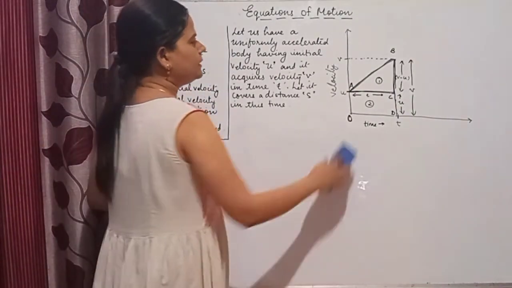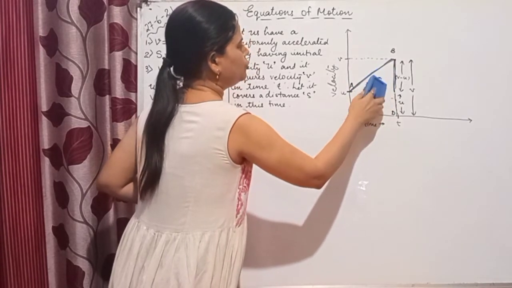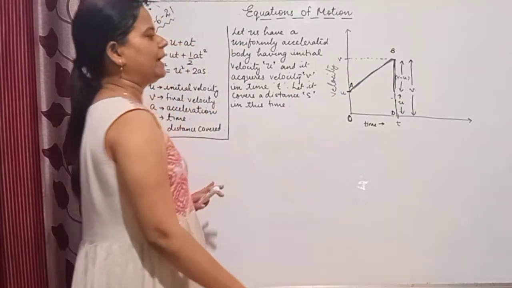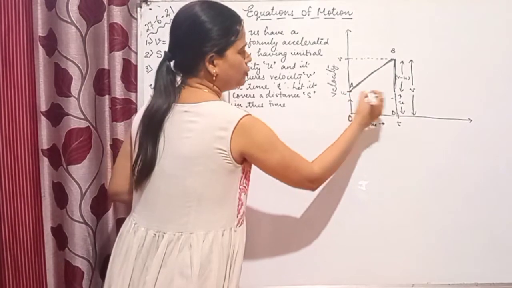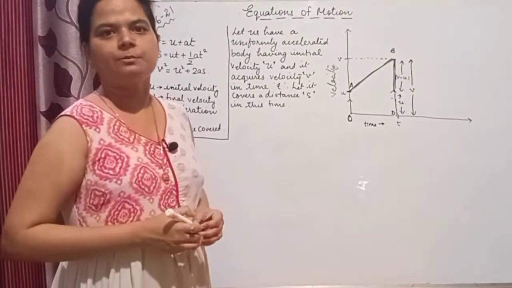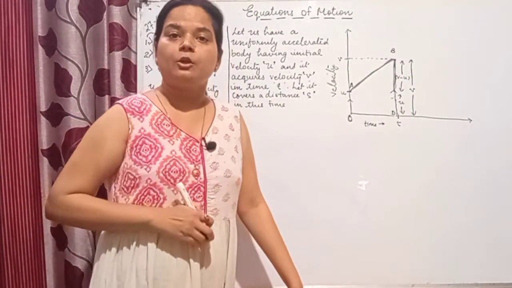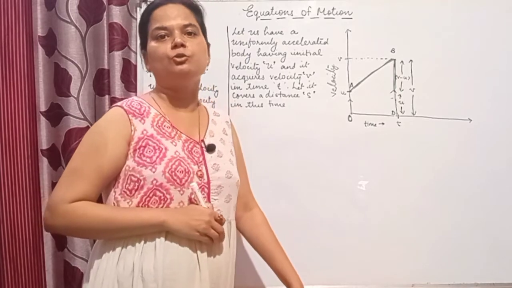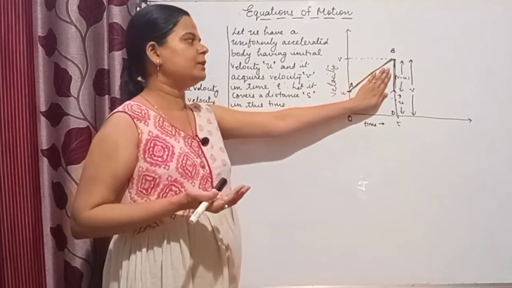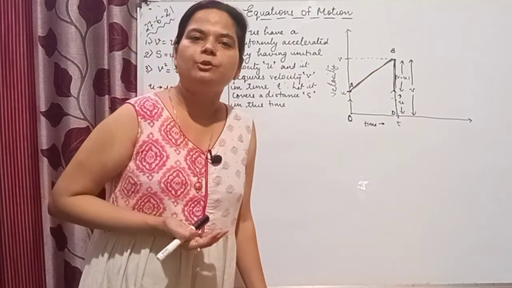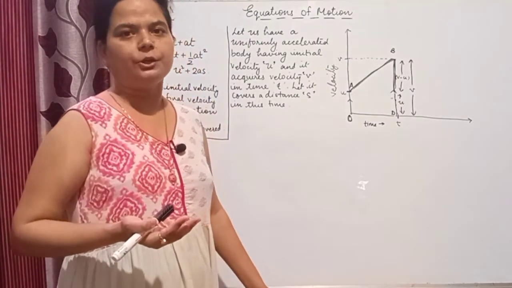And one method is that we may not divide this given portion into two parts. We may directly take it as a trapezium, because you can see that we have one pair of opposite sides parallel and two non-parallel sides, so we can take it as a trapezium. So there are two ways, and we are going to use both the ways one by one. First of all, I am going to take this portion as a trapezium and calculate this area using the formula for the area of a trapezium, and the second time we are going to divide it into two parts.